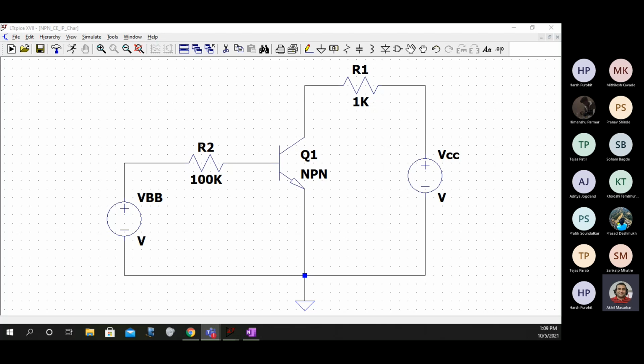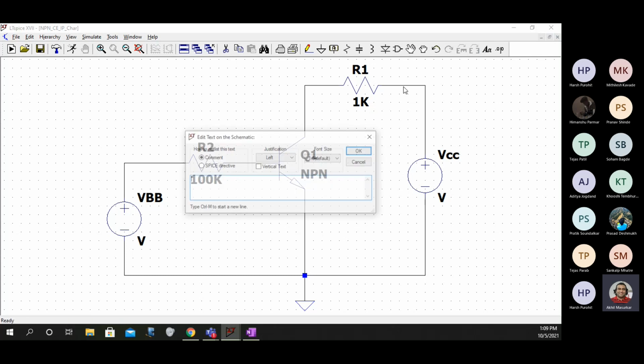This much is pretty fresh in our minds, in our notebooks, and you need to have this thing here.